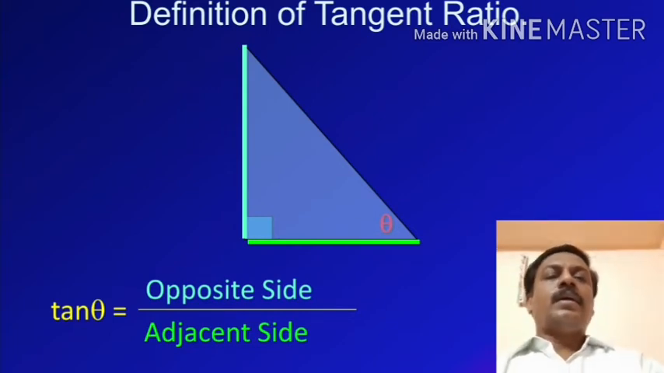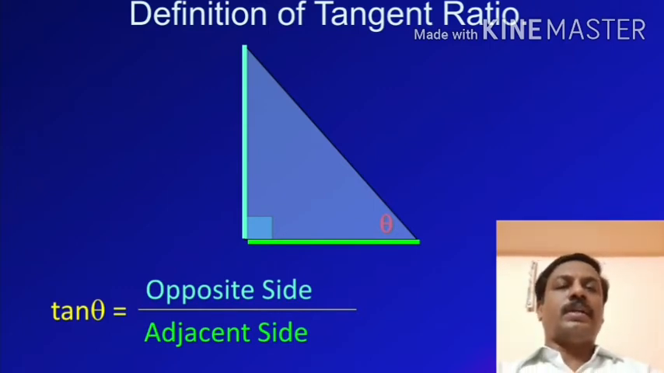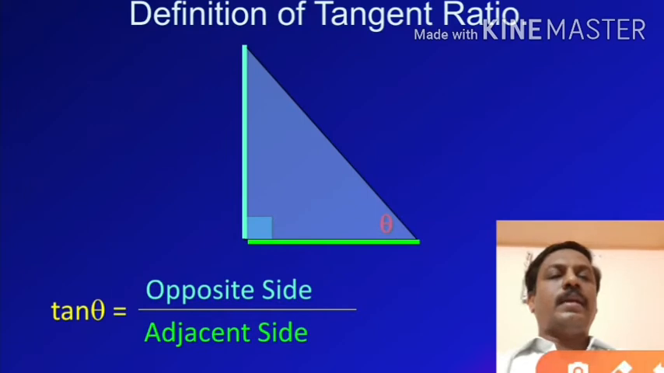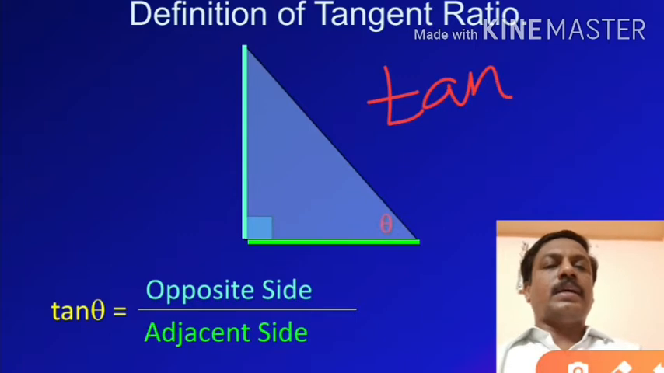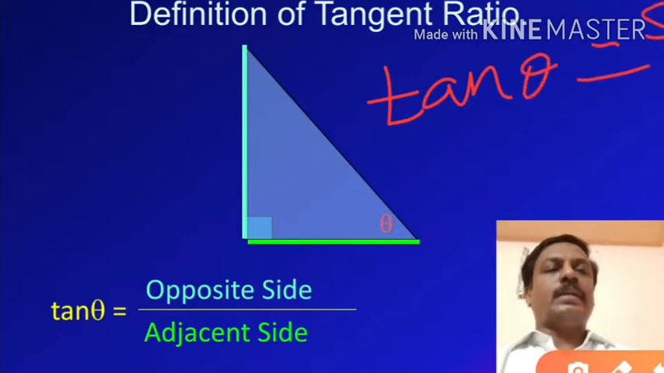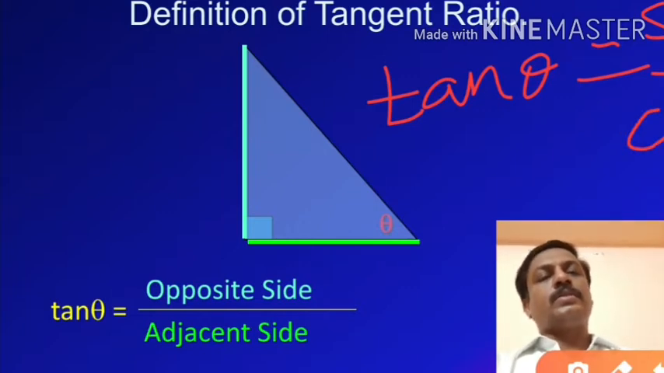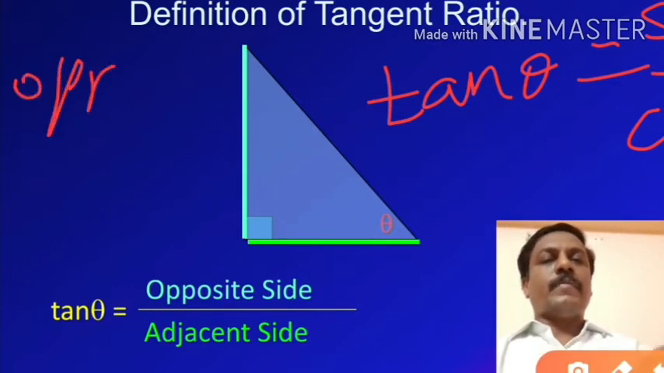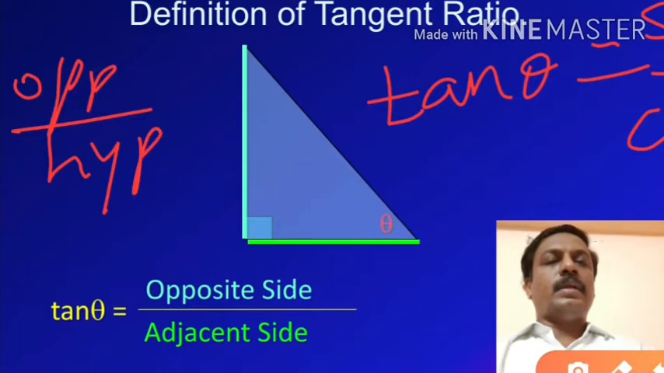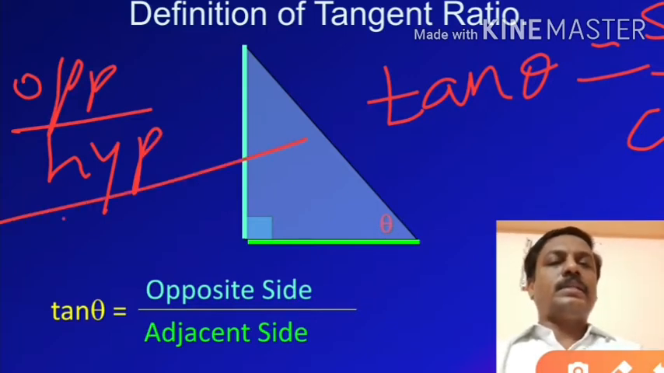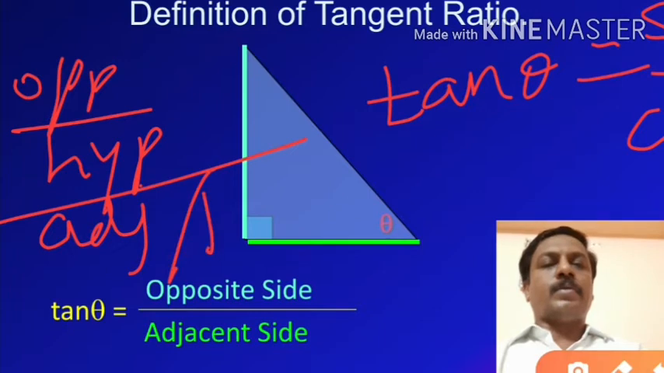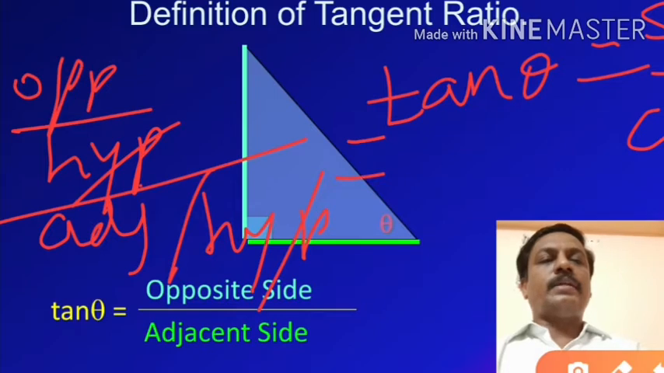So here if you see the definition of sine, cos, and tan, you can write the relation between them. You can see that tan theta is equal to sine theta by cos theta. So remember this, tan theta is equal to sine theta by cos theta. Here sine theta is opposite by hypotenuse, divided by cos theta, which is adjacent by hypotenuse. So now the hypotenuse gets cancelled